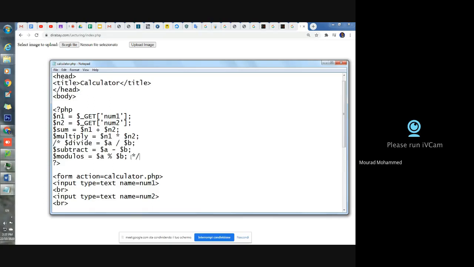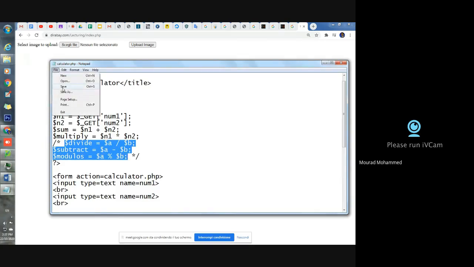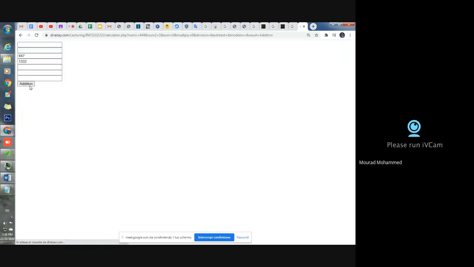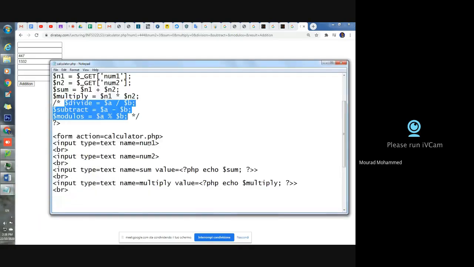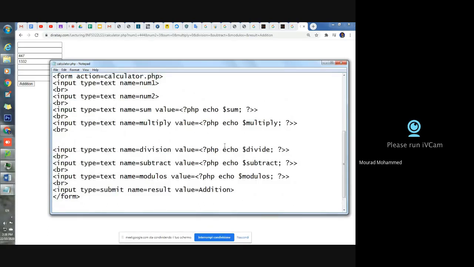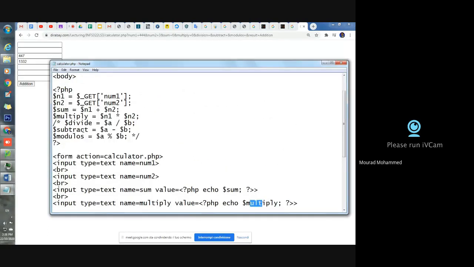I'll try to check what's the error. I'm putting those things in command as if I'm neglecting them. And let's see the multiply only. Choose the file. Upload it. Test. The multiply works very fine. Okay. But there is no result here. Yeah, multiply only we have. Good. Let's pass and test